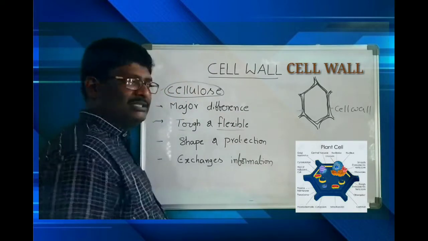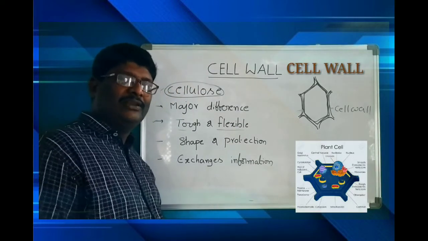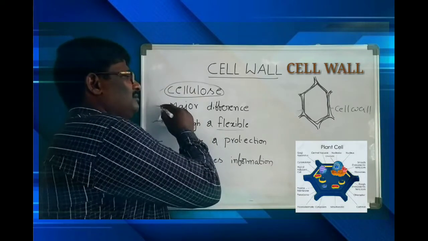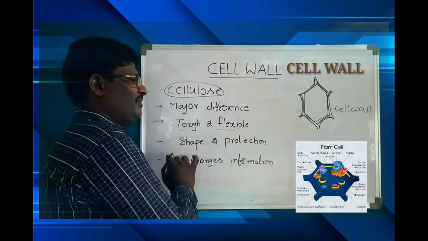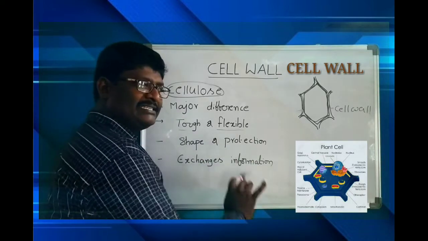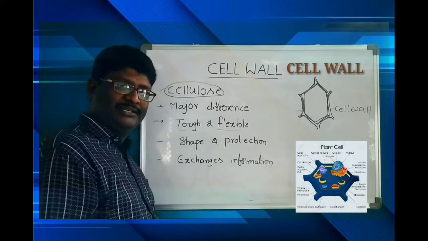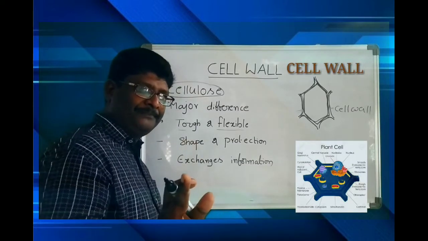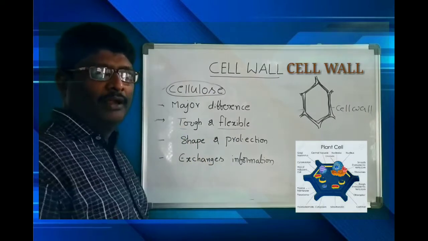So, this is about cell wall. Okay? What are the uses of cell wall? Tough and flexible, shape, protection, and exchanges information. This is about cell wall. The cell wall is absent in the animal cell. And also,